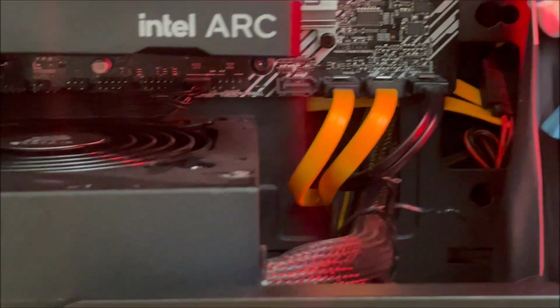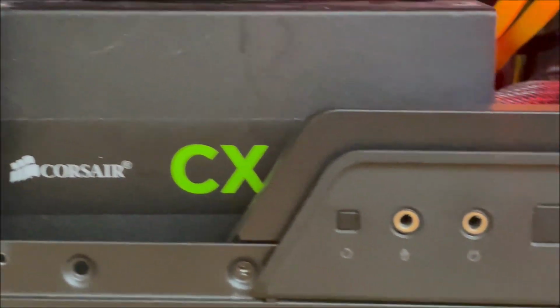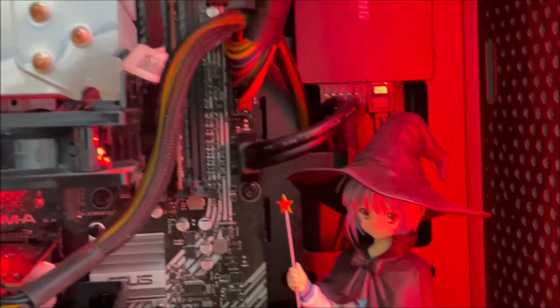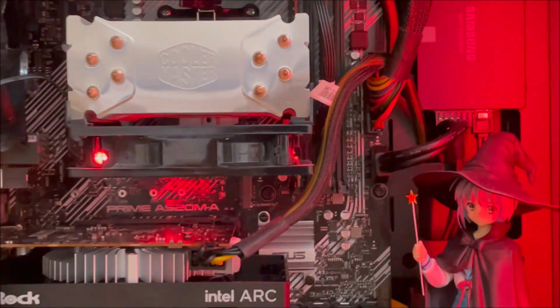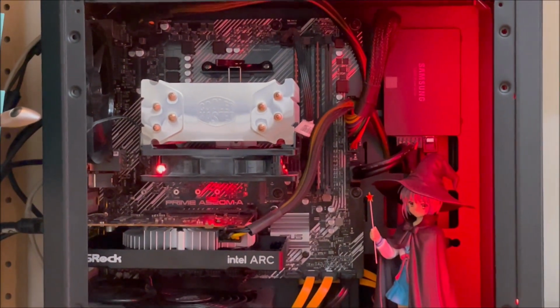I would also add that everything does work, and I have been running the system for a few months already. And that's all the nickel and diming on the quote-unquote new build and the end of the video,